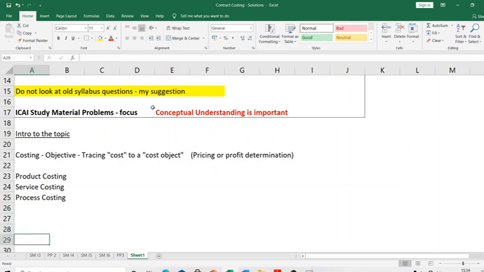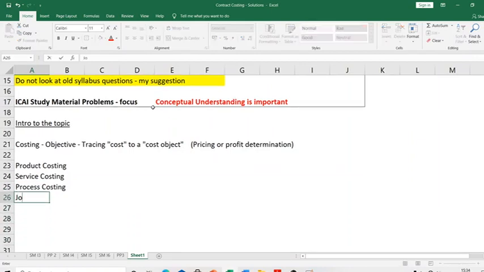And you also learned something called job costing. A customer comes and gives a job: please do this. The job could also be a service activity, or a job could be using certain products and then doing some service on that, like a works contract. So for every single job, what is the cost of doing that job? So job was the cost object. That's what you learned in job costing.